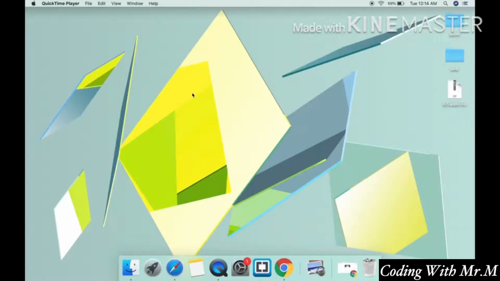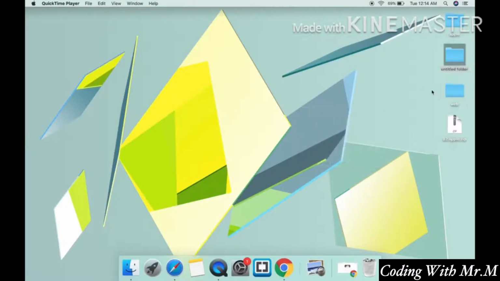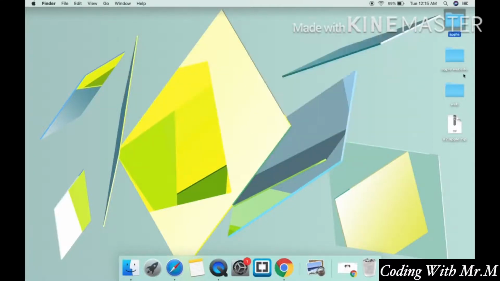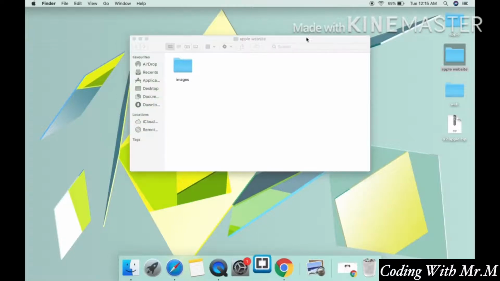Hey everyone, so now let's begin developing our project. Now for that one, first of all make a new folder with name say Apple website. There we go. And in that one, copy the images folder that I have provided you and paste that one there. There we go. Now open the